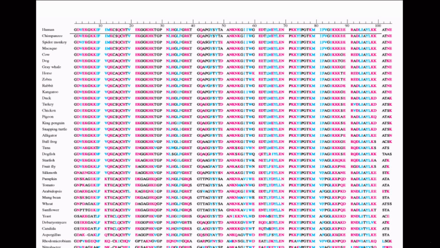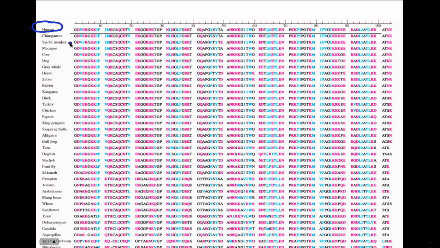Now this is a cytochrome C sequence. So this is a protein sequence, and basically we're looking at the genetics of this. And so what we do here is we generally are comparing everything to the human. So across the top here, this is the actual amino acid sequence for the gene that codes for that protein. And so we'll compare that to all of these different species,